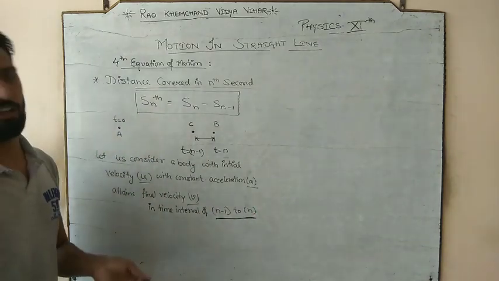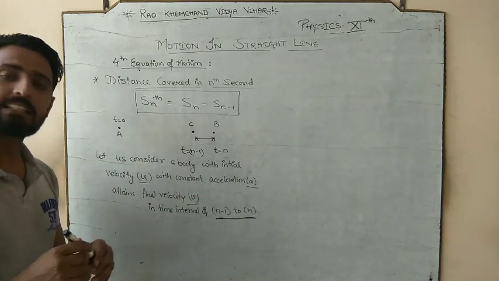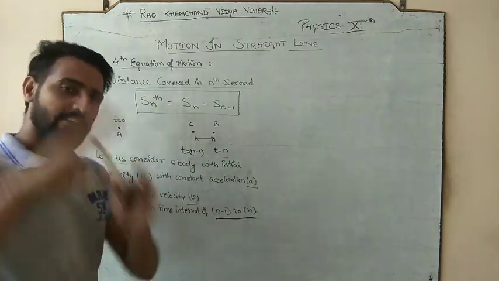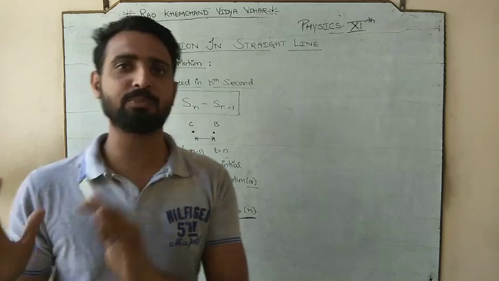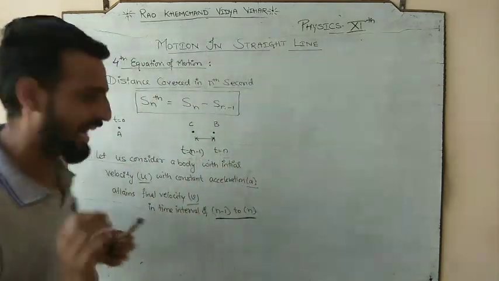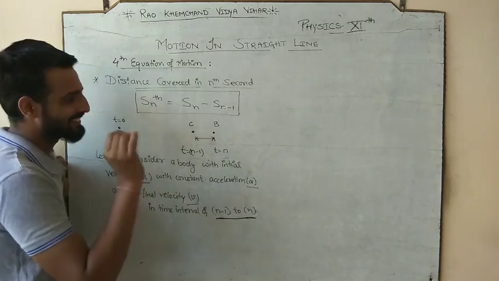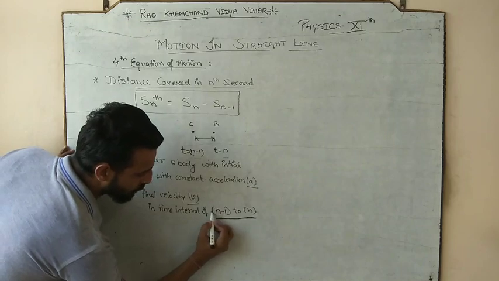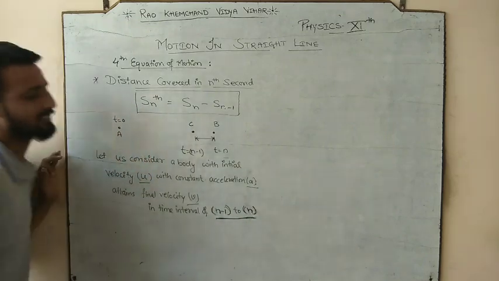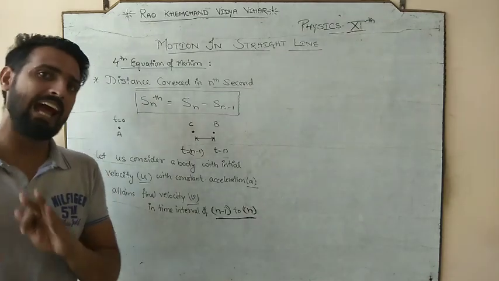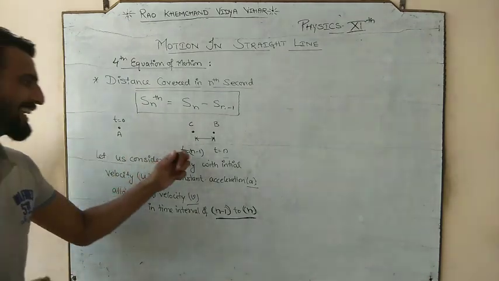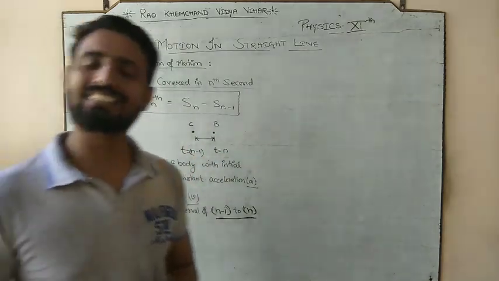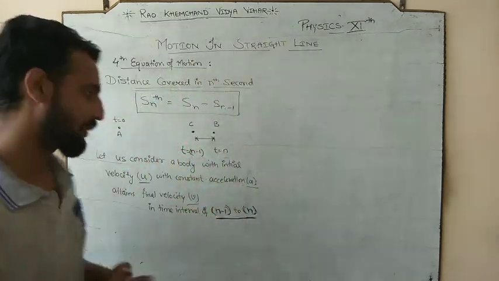and it attains the final velocity. Because you are accelerating, definitely the velocity is going to change, but this time the only thing that changes among the previous expressions, meaning the previous equations of motion, is the time interval. Here we want the distance between the time interval of n minus 1 to n. We need only the distance from n minus 1 to n, because the heading of this topic is the distance covered in only nth second. So let's start with that.